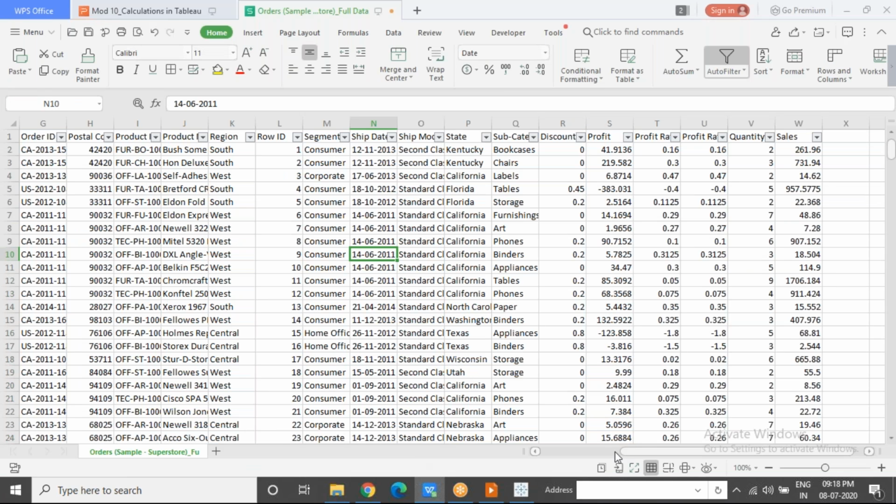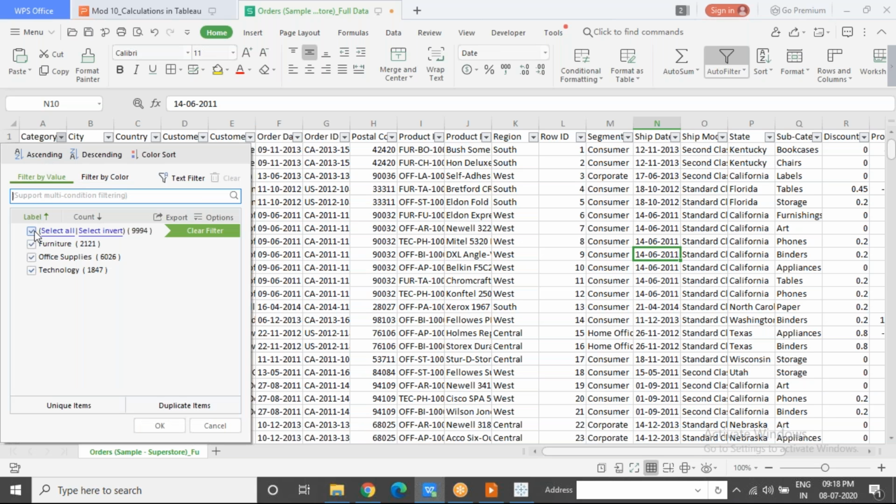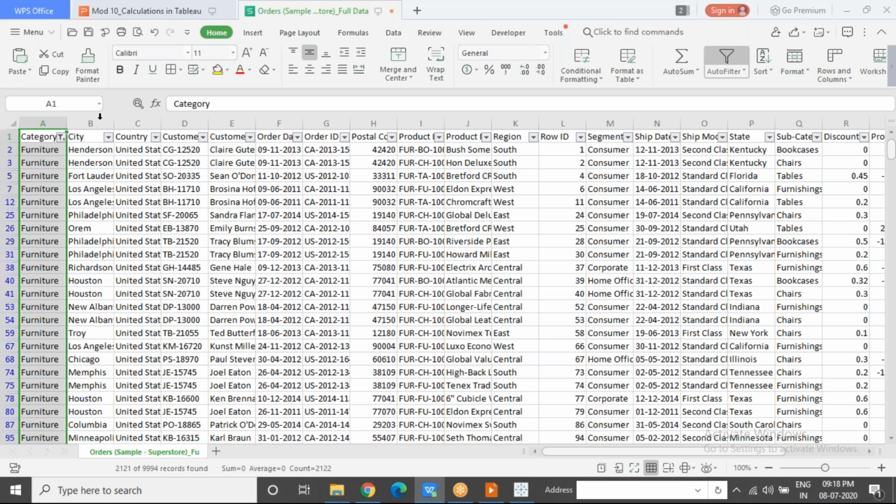So what is Tableau doing? It is now looking at the data per partition. So furniture is one partition. When I look at the data for furniture category,